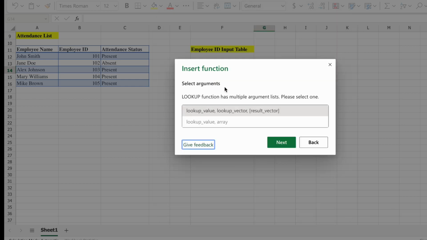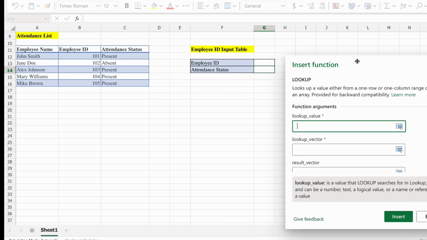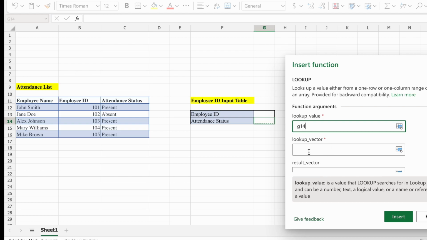So let's go ahead and insert the function and find XLOOKUP. You will notice the dialog box has more fields, which makes this function more powerful. We will start by entering our lookup value, which is the employee ID in cell G14. Next, we have the lookup array. In VLOOKUP, you had to select the entire attendance list table, but with XLOOKUP, I just have to select the